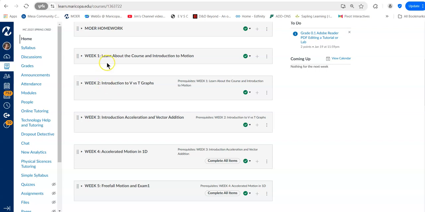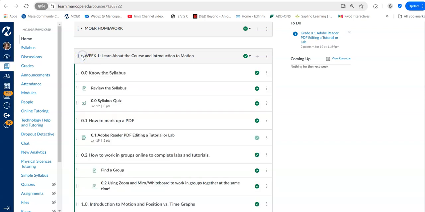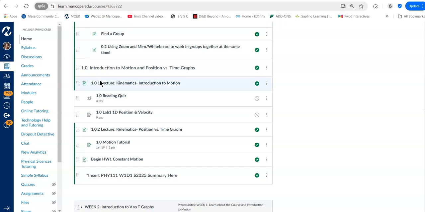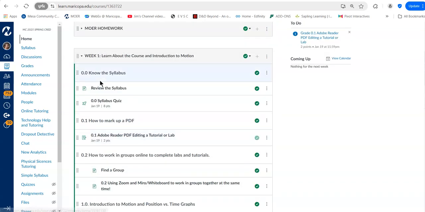So let's take a look at week 1. Week 1 assignments are all housed here, and I know this looks like a lot, but it's actually not that much. Okay. So for example, the first assignment you're going to have to do is right here. It's called 0.00, Know the Syllabus. So click here or click here